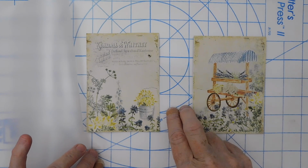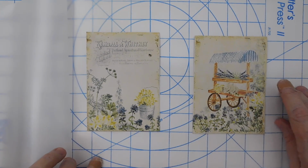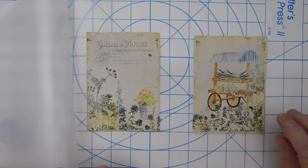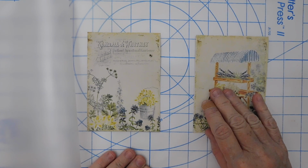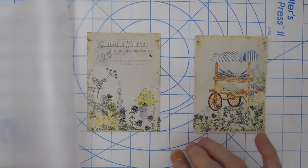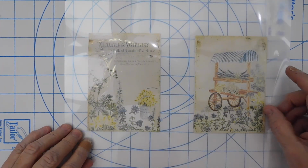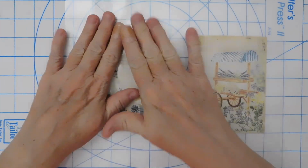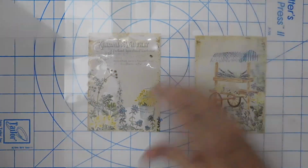Okay, so I got plenty of space in my center. I've got at least an inch on that side, and I'll have an inch on that side. All right, looks good. I've got plenty in the middle. Now, if I can get this. Okay, it doesn't look like it moved too much, and I just kind of press it down good. All right, then I'm just going to grab